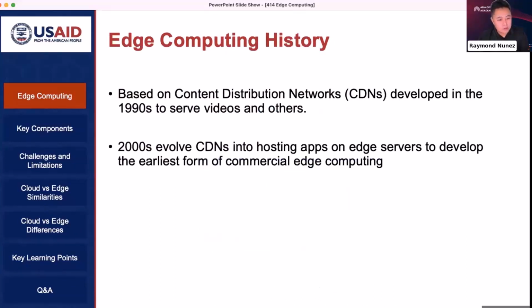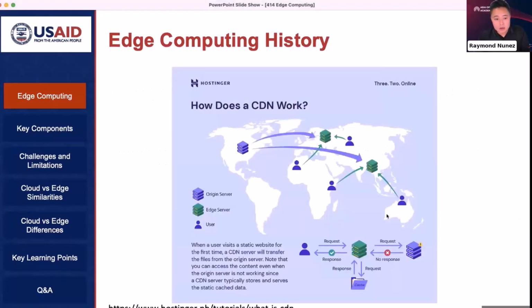Granted, this is not new. This is similar to content distribution networks that was developed in the 1990s. So at this time, it's 30 years old technology. No? But around 2000s, the CDNs basically naging edge servers sila for the mga earlier commercial versions ng mga edge computing platform. So here's a view ng CDNs ni Hostinger,